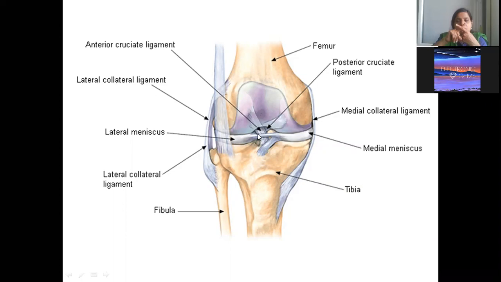Connecting the superior aspect of the tibia and the inferior aspect of the condyles of the femur, we have crisscross ligaments, which are the cruciate ligaments. Running anteriorly from the intercondylar area going to the medial surface of the lateral condyle, we have the anterior cruciate ligament. Just behind, we have the posterior. We will discuss as we proceed with the help of better pictures. But you are able to see the anterior and posterior cruciate ligaments, menisci, and the tibial and fibular collateral ligaments.